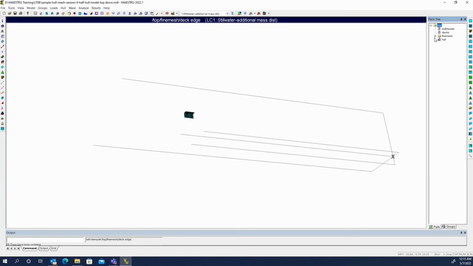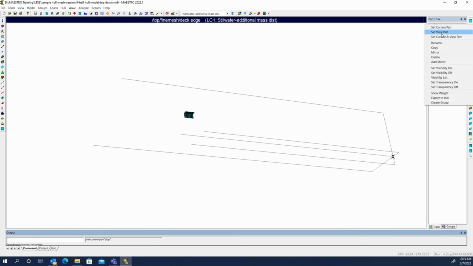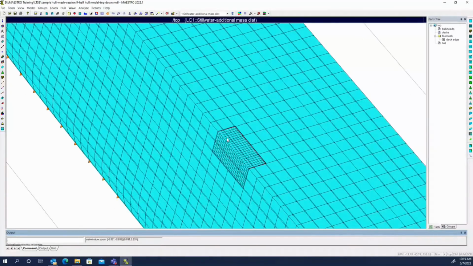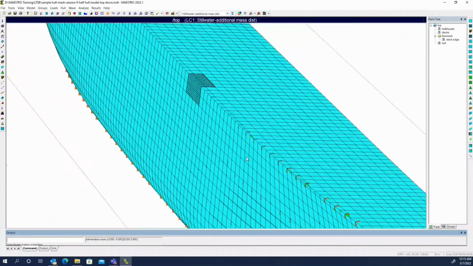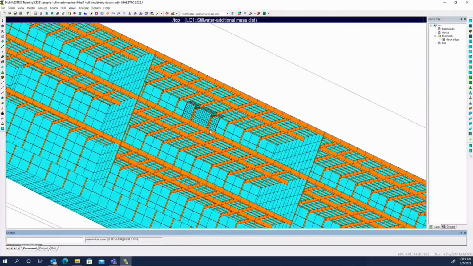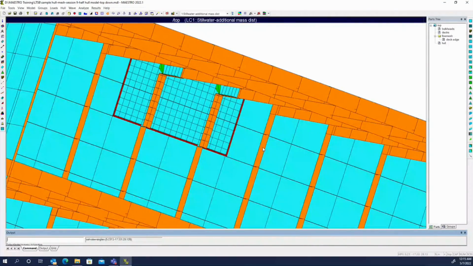When we come back into the parts tree, you can see instead of creating that separate fine mesh alongside the top level, it creates it inside the global model. So now if we view the model at the top level, we can see our embedded fine mesh, which is replaced that portion of our